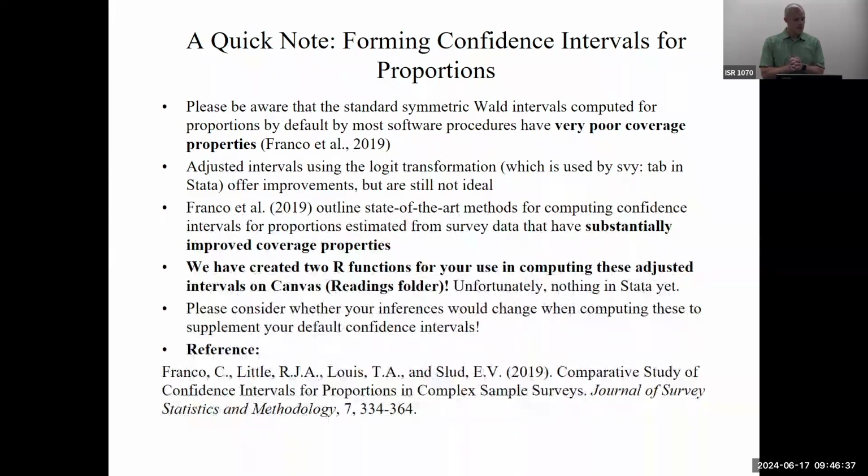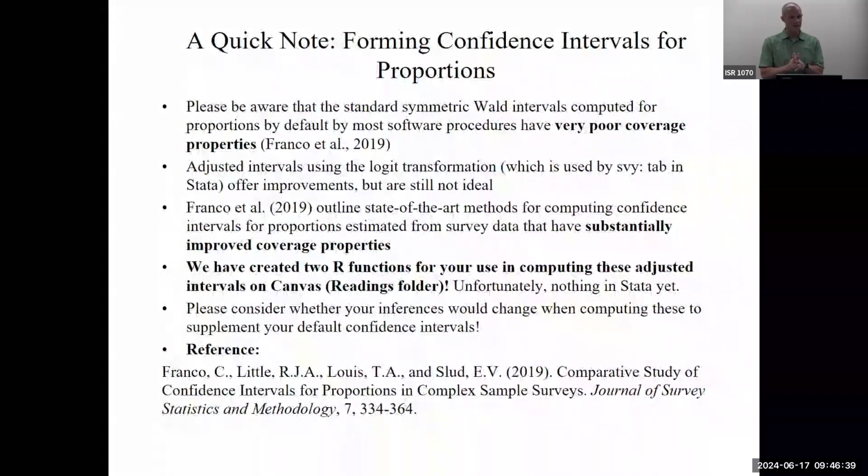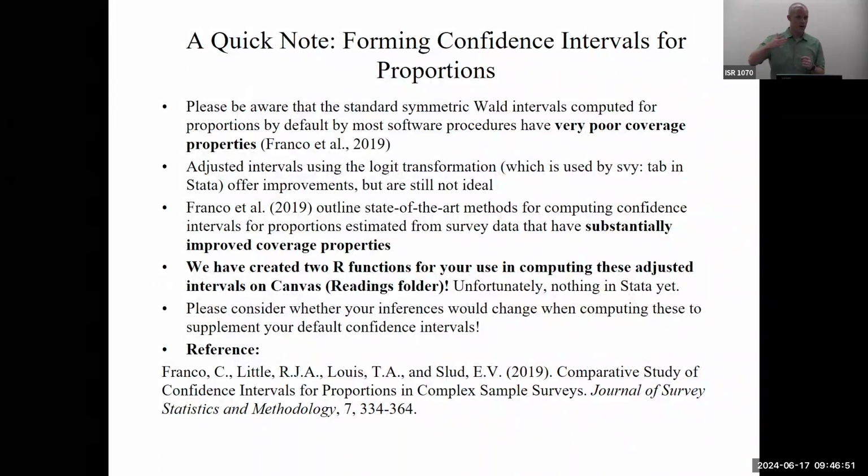Okay, probably the biggest takeaway message: it's a bad idea to continuously compute these symmetric confidence intervals for proportions. So they evaluated via simulation a number of different ways of computing these confidence intervals, including the logit transform method that we've talked about. And they show that the logit transformation helps. It increases coverage relative to the symmetric interval that we're talking about, but it's not the best version that's out